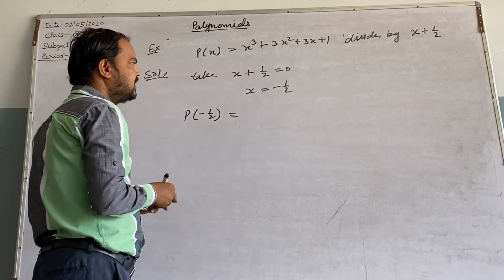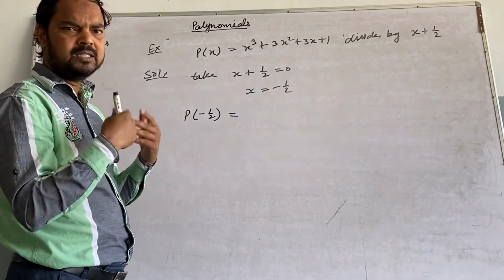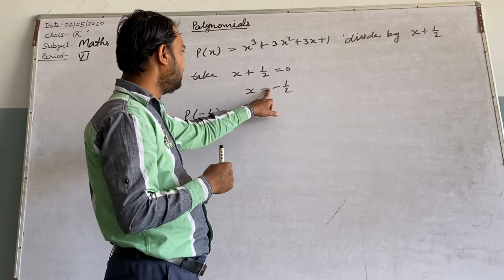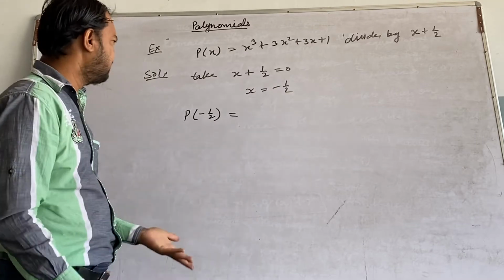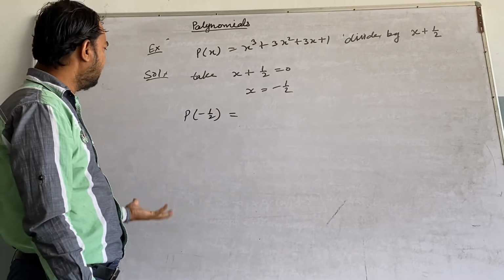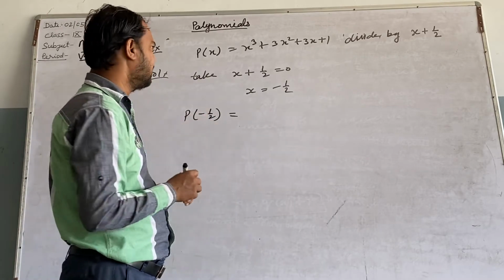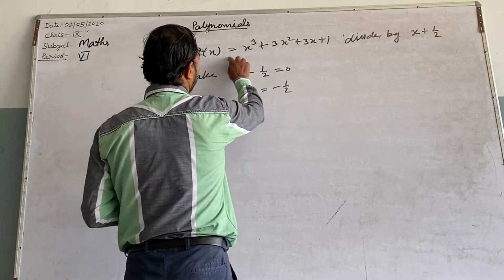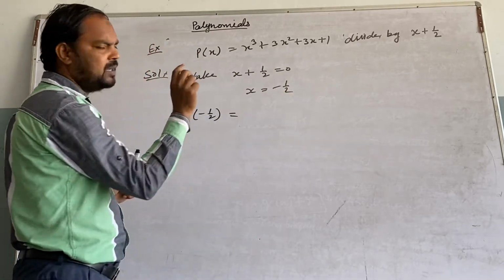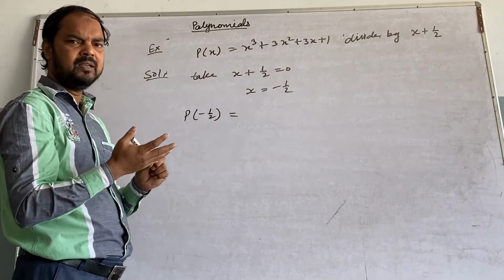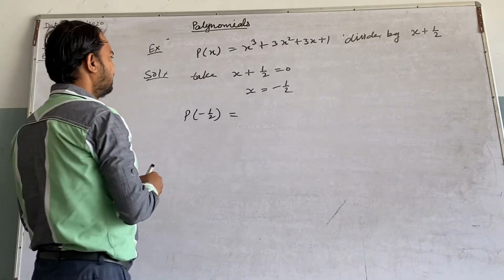पहले हमने क्या किया, जिससे डिवाइड करना था उसको इक्वल टू जीरो लिखे, ट्रांसफर किए, सिंप्लीफाई किए, x इक्वल टू फाइंड किया हमने, तो that is also called zero as we did in the last class. Now P of minus 1 upon 2. Last class में हमने किया था, बस वही काम करना है. So you will put the value of x, in the place of x, minus 1 by 2. x के प्लेस पे क्या पुट करना है, minus 1 by 2. Same thing, use brackets, use cross multiplication where required.